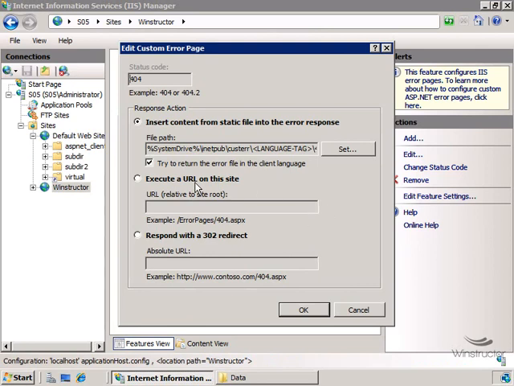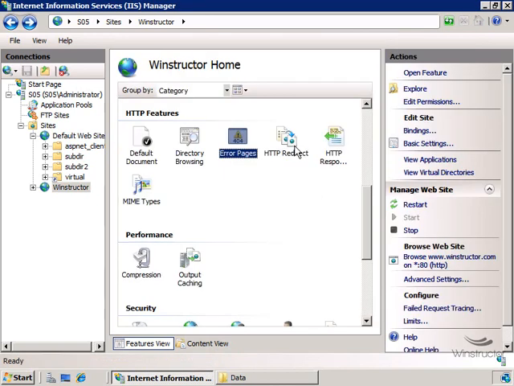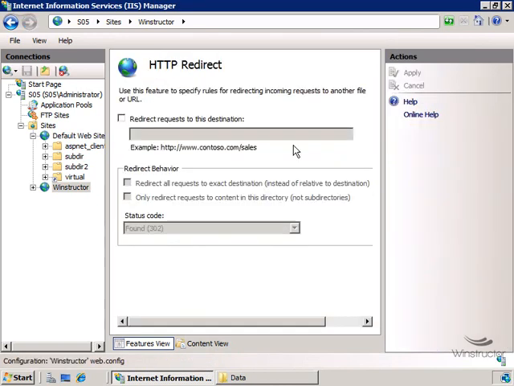We could alternatively execute a URL when the user, in this case, gets a page not found error, or we can even redirect the user to a different URL altogether. Now, we could also configure HTTP redirects, which enables us to redirect any requests to this site to a different location. And that's a really good feature for acquisitions, or when you have development going on your site and you need to shift users elsewhere for a short